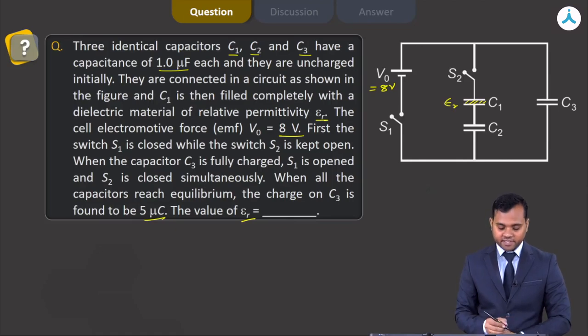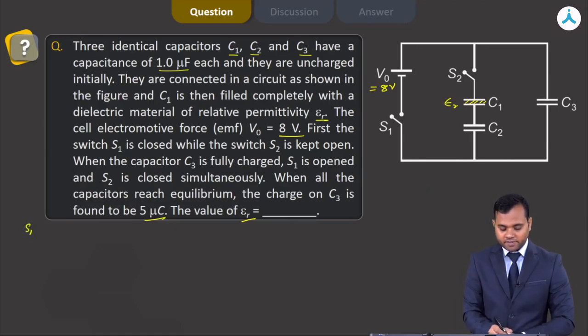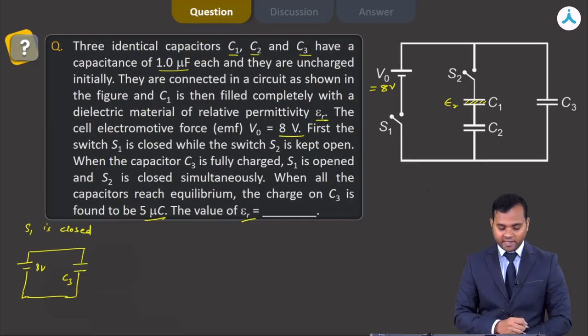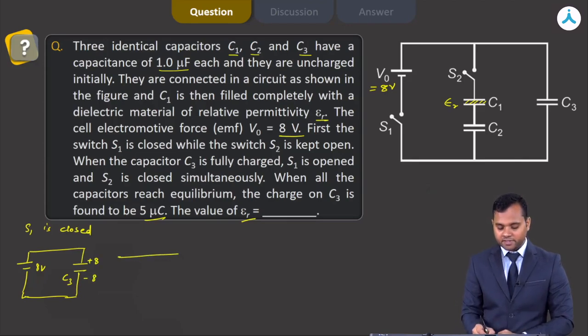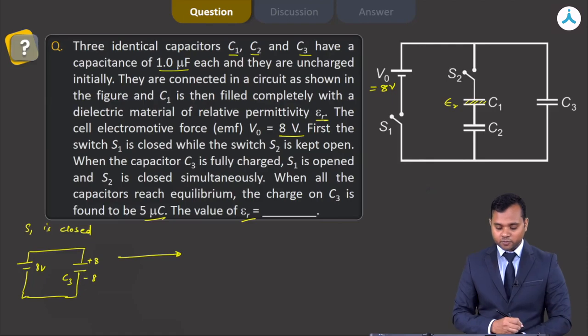So let's say when the S1 is closed, we can say that this is 8 volt and this is C3. This C3 will acquire, since this is equal to 1 microfarad, a charge of plus 8 microcoulomb and this plate acquires a charge of minus 8. Now after this, if S1 is opened and S2 is closed,